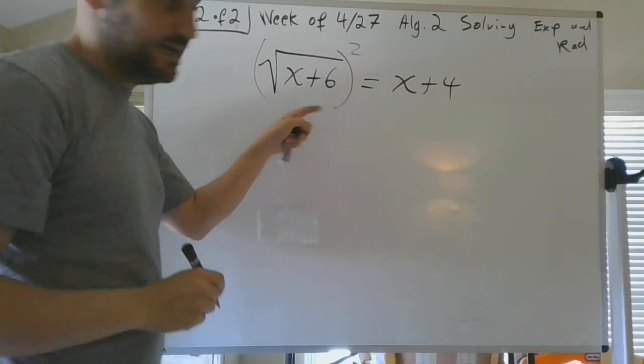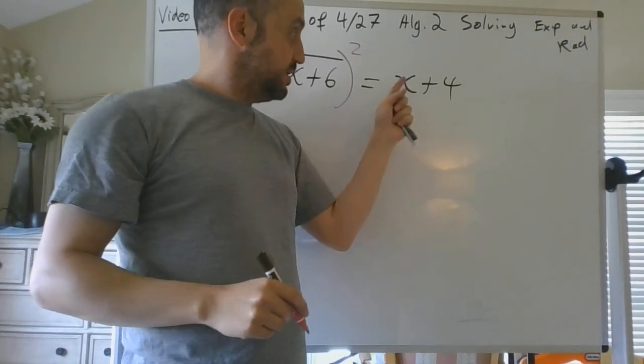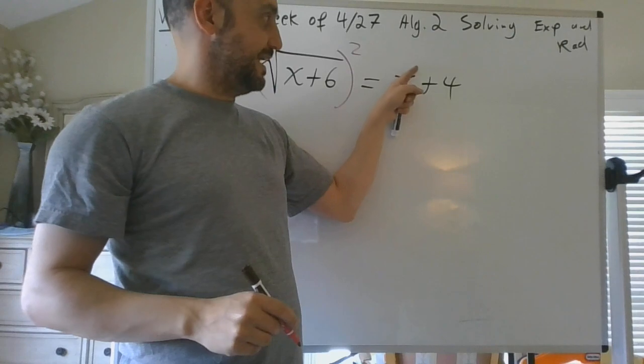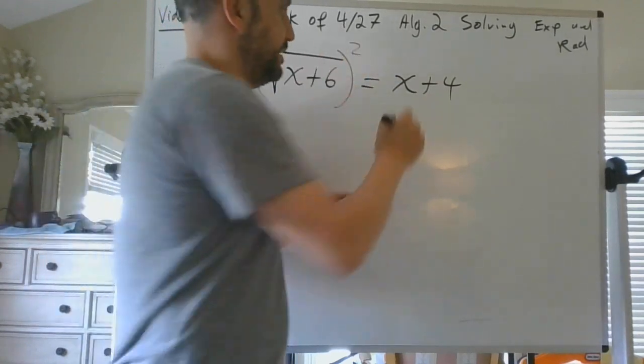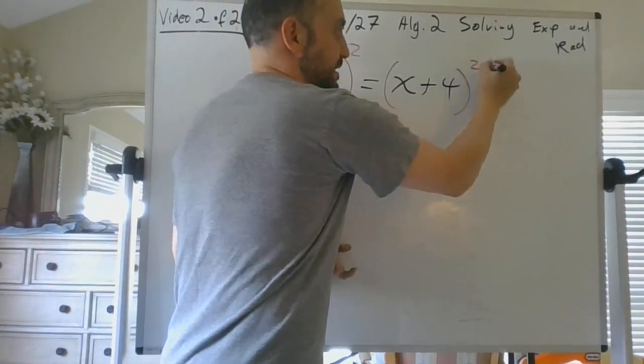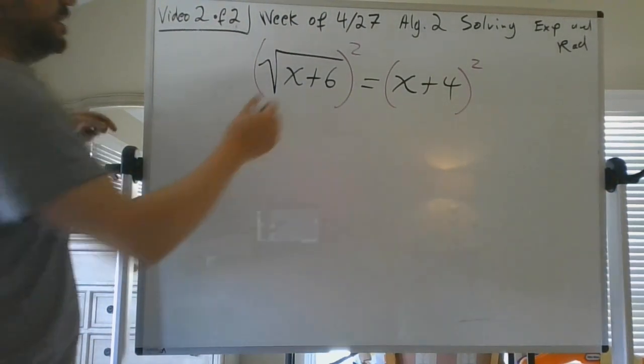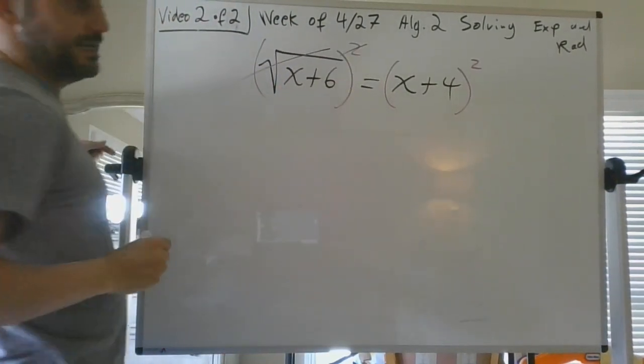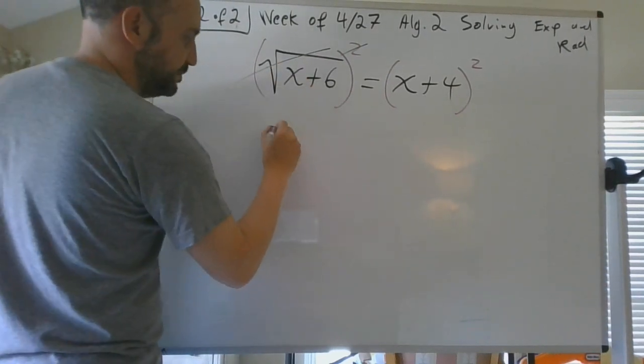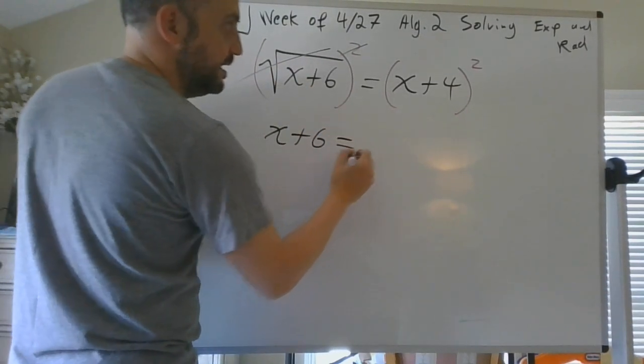What I do to one side, I do to the other side. Don't just put that square on the x or the 4. No, the whole thing. x plus 4. The whole thing has to be squared. All right, let's see what happens here. Square and square root get canceled, so we're just left with x plus 6 equals